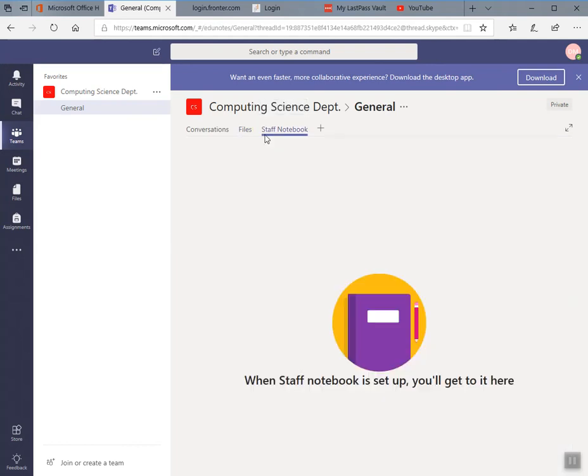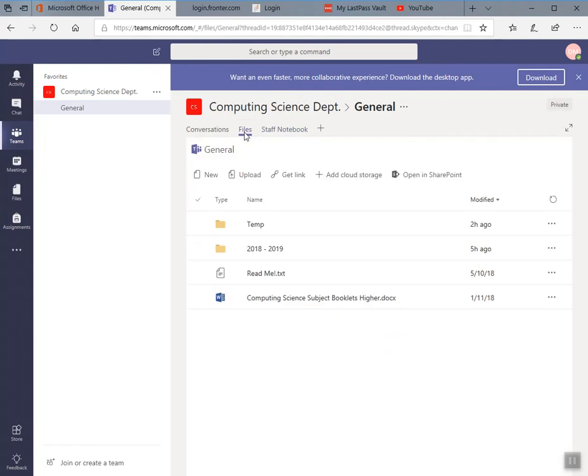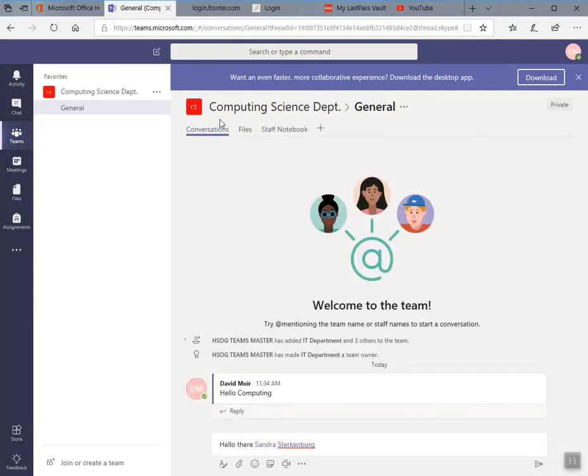So OneNote could be really useful. It's a hugely useful collaborative space where you can capture text and graphics and websites and all sorts of other things, but that needs an entire day or training session to itself, I think, so we're not going to go into that just now. Just the main thing is the chance to have a conversation and collaborate with each other, and the chance